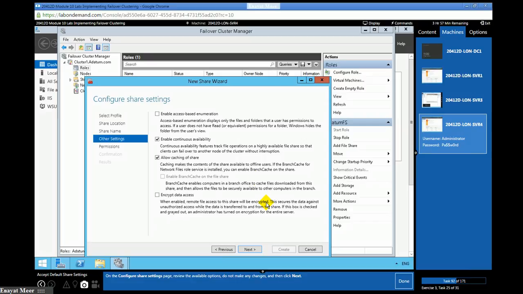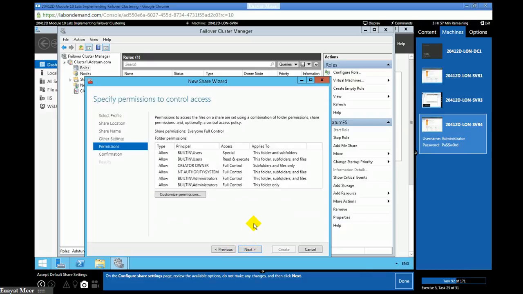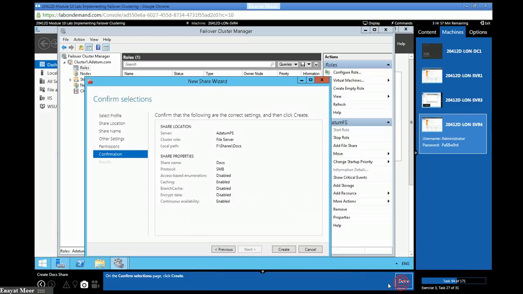We don't want to make any change here, leave it as it is. We don't want to have access-based enumeration. You know what ABE is already: whoever has access to a folder should see it. But we don't want to enable access-based enumeration at this time. So just look at the final page and click on Create.